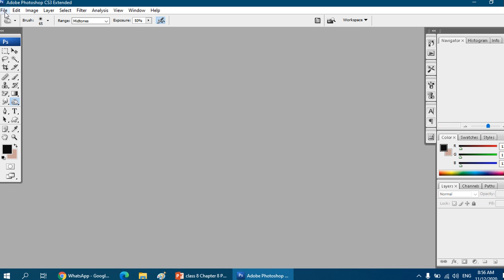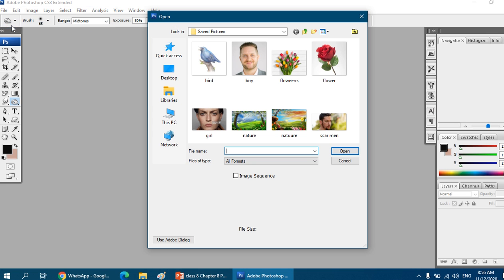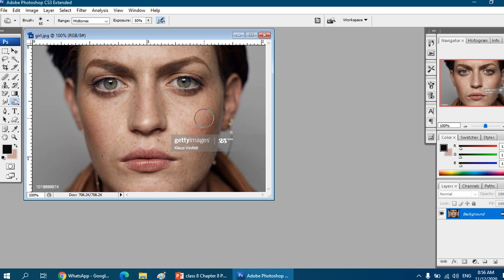So these were the options for how we can enhance a face, or how we can give retouching tools to our picture in Photoshop. Thanks for